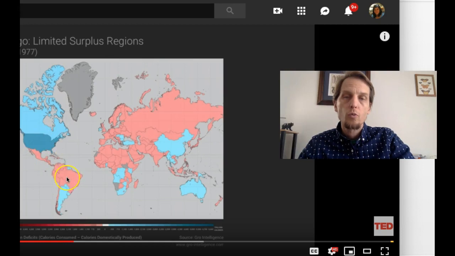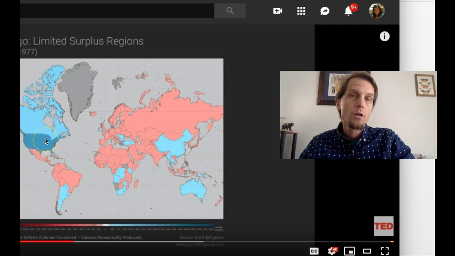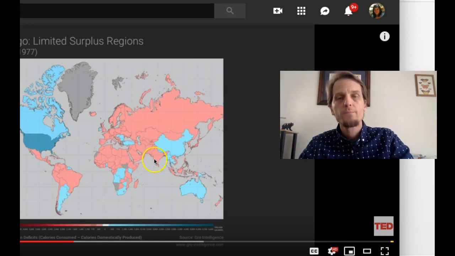The pink colors are where they consume more than they actually produce. And we saw most of Africa. Light blue, here's China, Australia, South America. Light blue is closer to America, where the amount of calories they consume is about the amount that they produce, so they're pretty much self-sufficient. So on the 3 levels, there is importer of calories, self-sufficient in calories, or net exporter of calories.